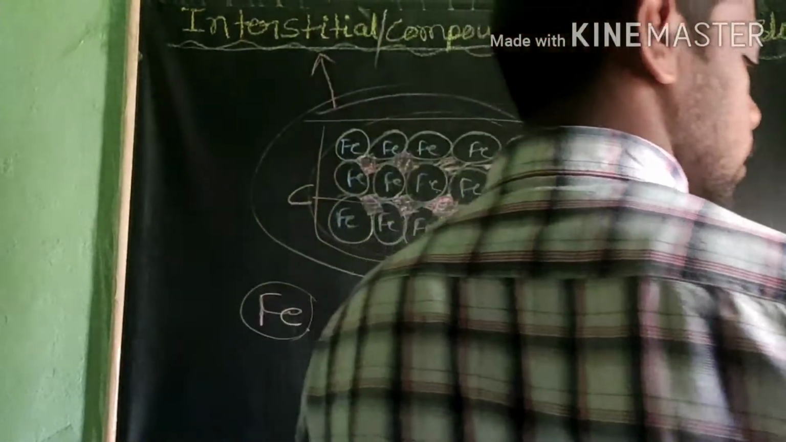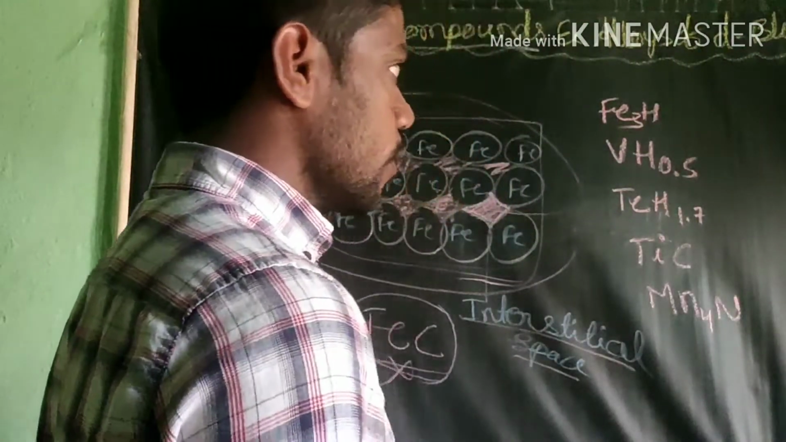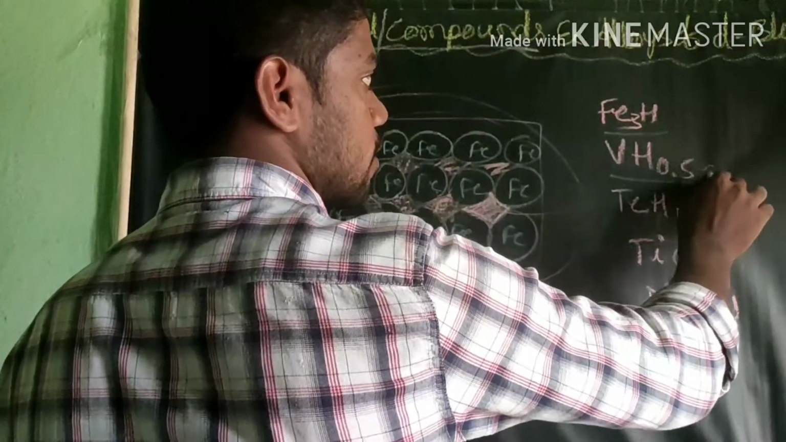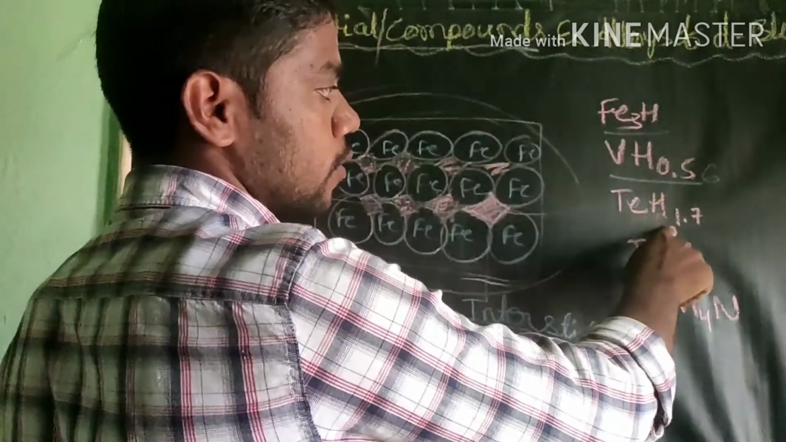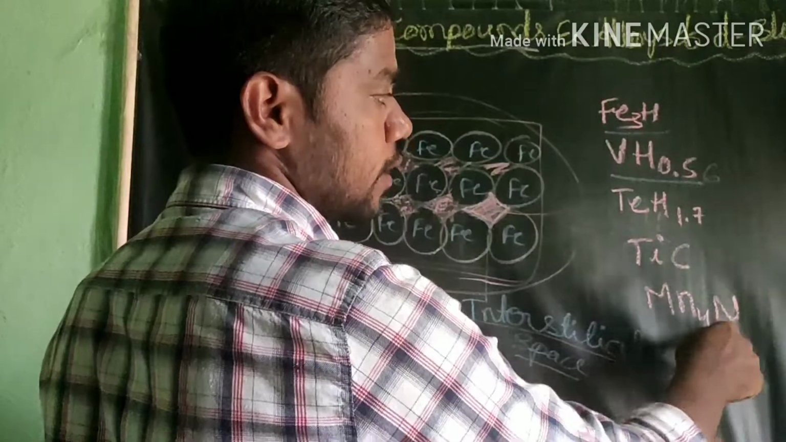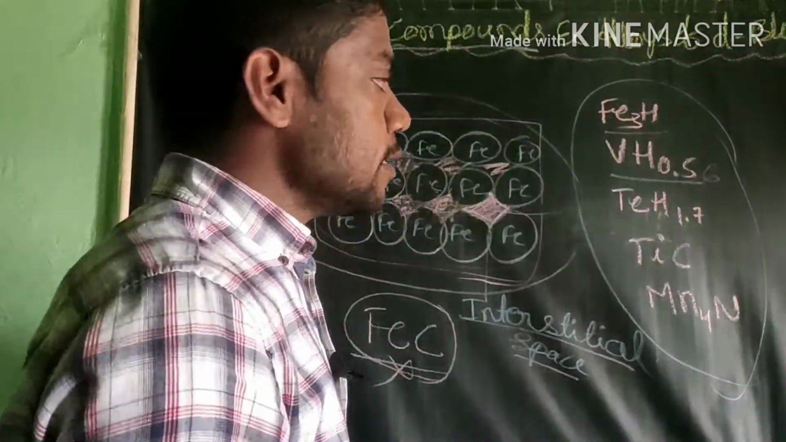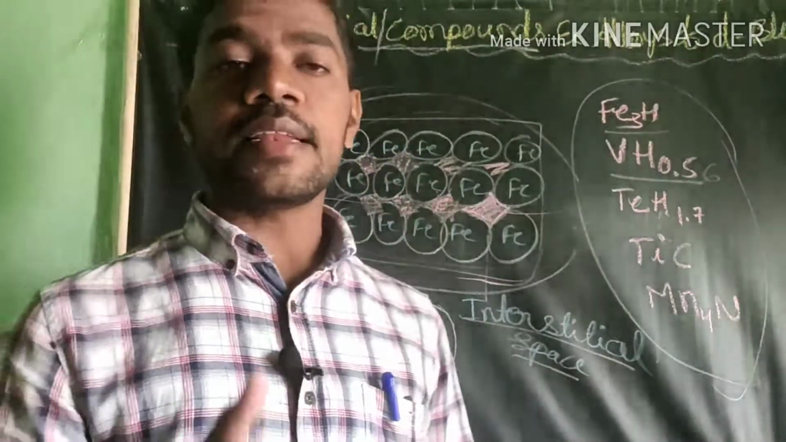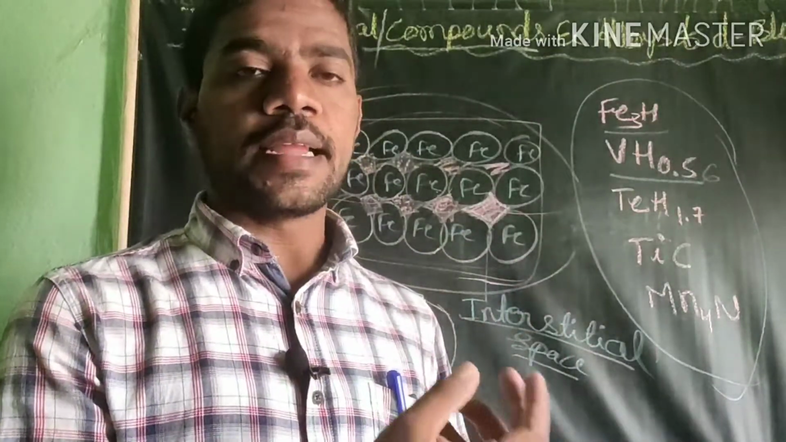You see here, dear students, in these types of compounds, iron hydride, next vanadium 0.56 is there exactly. This one tellurium 1 hydrogen 1.7, titanium carbon, next one manganese nitrogen. These are alloy formation. Sorry, not alloys, interstitial compounds. These interstitial compounds we are using for some special properties, like higher